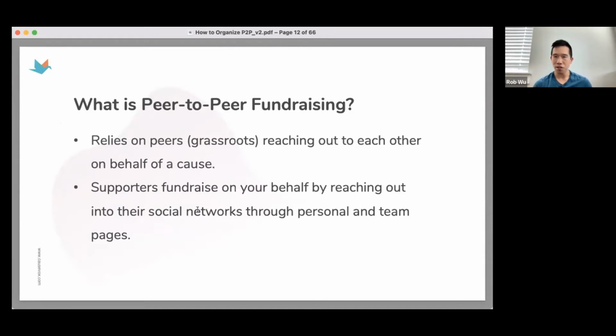The basics of peer-to-peer, and I'll go over this very quickly and then show you some examples, or Jenna will show you some examples, is that peer-to-peer fundraising is a way for you to fundraise through your supporters and through your network. So instead of an organization-driven fundraising initiative, such as an e-blast or one-on-one fundraising, you're actually relying on your group of supporters, such as your donors, your board members, or your volunteers, whoever you have an email address to, to go out there, create a personal page and fundraise on your behalf. So they're reaching out through social media, one-on-one to their friends, they're texting people, they're basically asking their friends and family to donate to your organization.